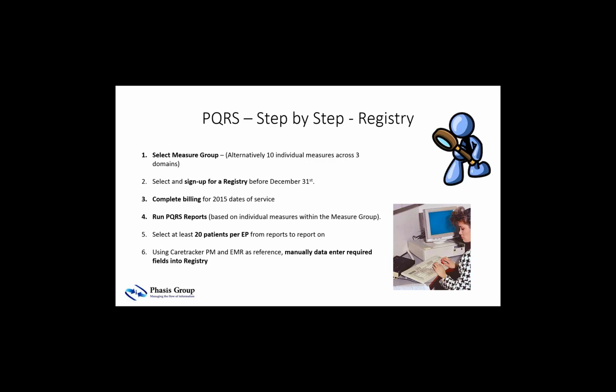What I would look for in a registry first and foremost is, do they support the measure group that I'm selecting? Secondly, I would look at the cost. And thirdly, I'd look at geography. If it's someone close, or maybe just the specialty group that the registry is servicing. But basically, once you select a registry and a measure group,